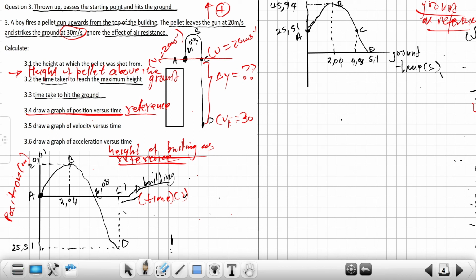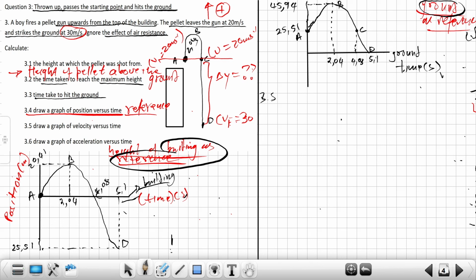We will be able to draw now our correct graphs. So it's easy only if you understand what is referred to when they say use the height of the building as reference, and then use now the ground as reference. Then 3.5,